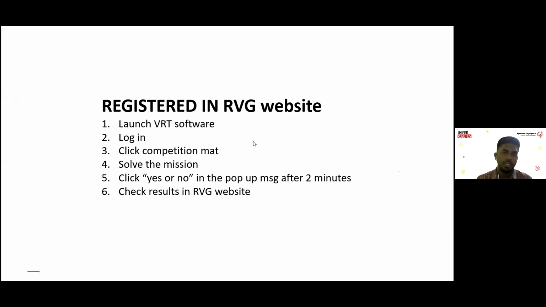First, launch the VRT software and log in with your username and password, then click the competition mat, solve the mission, click yes or no in the pop-up message after 2 minutes, and check the results in the RVG website. I hope you all know this procedure because I explained how to do this in the last session. These are the instructions for the participants who registered successfully in the RVG website.